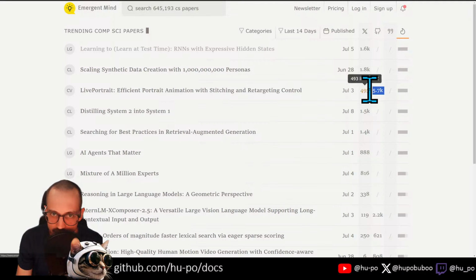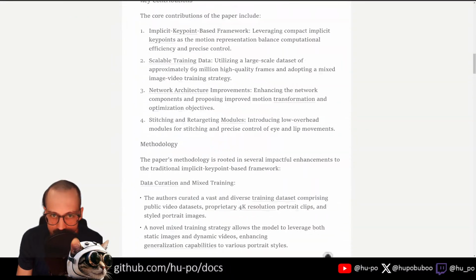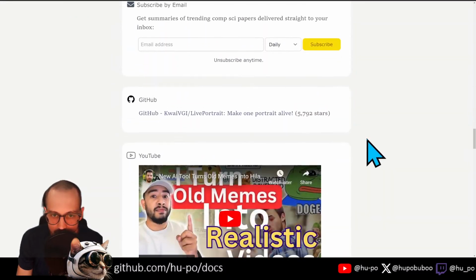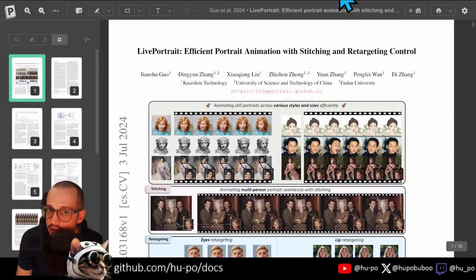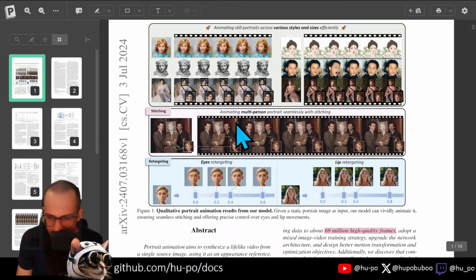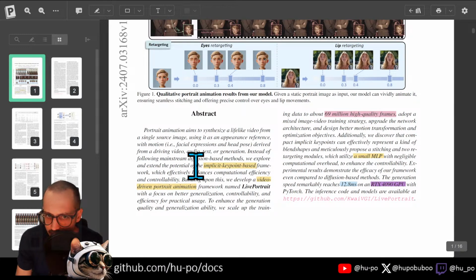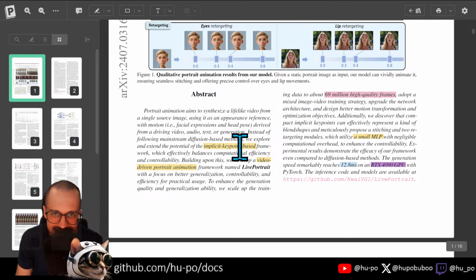Look at this. Over 6K stars on GitHub, a bunch of X, Twitter views, and I think there are also videos that people have posted on this as well. Look at all these videos that people made on them. So people love it. So what is this and why is it different? The difference between this and other attempts at this kind of portrait animation is that they're implicit keypoint based, versus